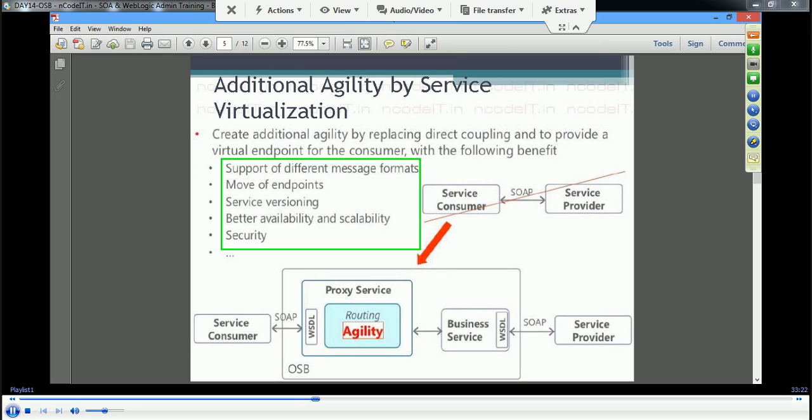Then availability and scalability means multiple service providers can be here, and depending on who is available, you can call the corresponding service, instead of the consumer worrying about non-availability of the service provider. And security is obviously because you are not exposing the service provider directly to the consumer. These are some of the generic points, but going into specifics,